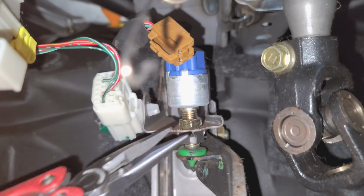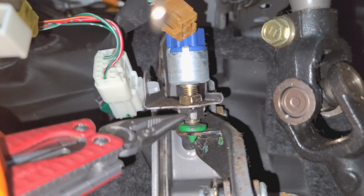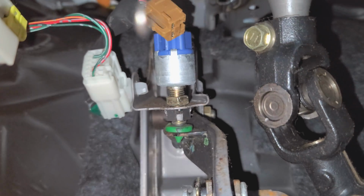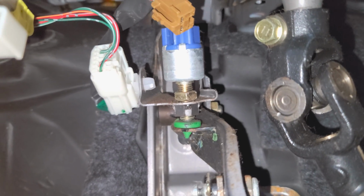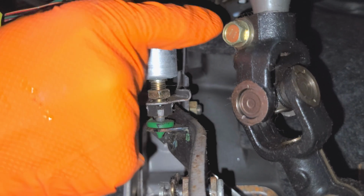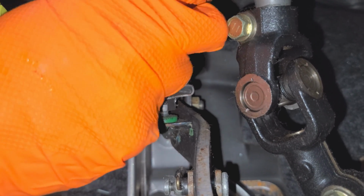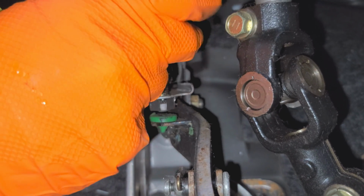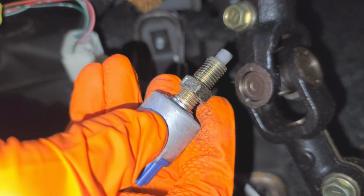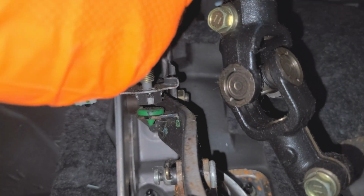Now, as far as removing the switch, make a mental note of how much space there is between the switch and the little bracket. And then we loosen the little 14 millimeter right there. You don't have to loosen it a lot, just enough to where you can start to unscrew the entire switch. So the entire switch unscrews. Pretty simple, really. If your new switch does not come with a nut, you'll want to transfer this nut to the new switch. And installing the new switch,